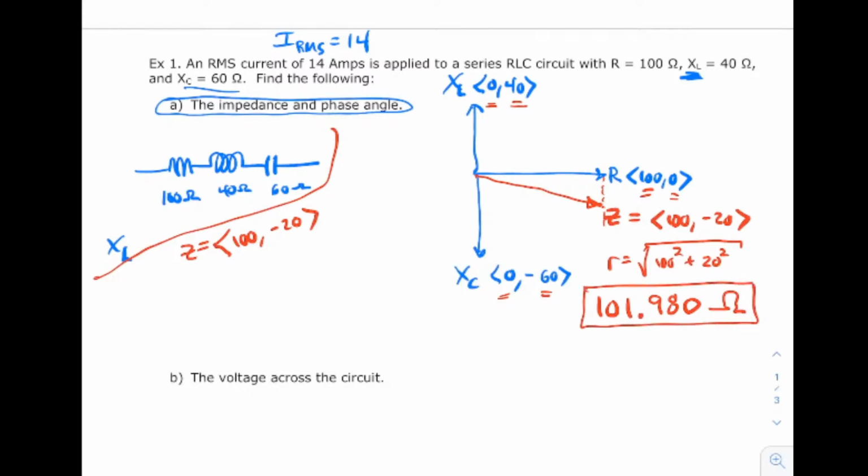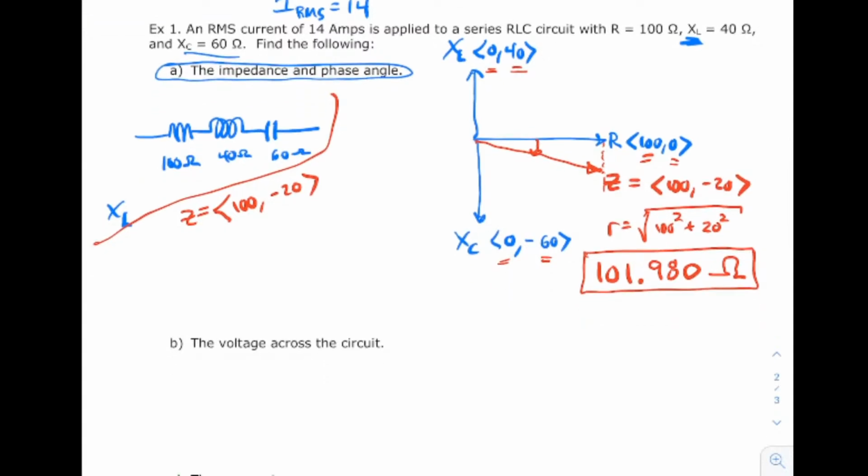And remember the phase angle was this. Notice the circuit voltage is going to lag the circuit current. Why? Because the angle's negative, and that means lag. So to get that angle, you would do the old shift tangent of y over x. So y is negative 20 over x is 100. So shift tangent of negative 0.2 gives me a phase angle of negative